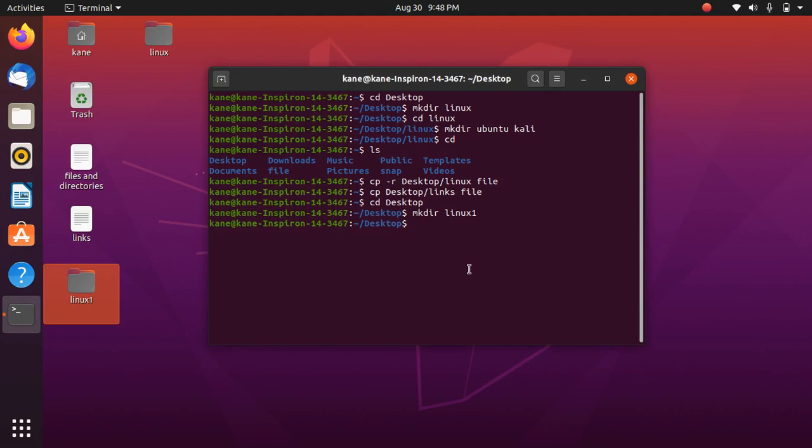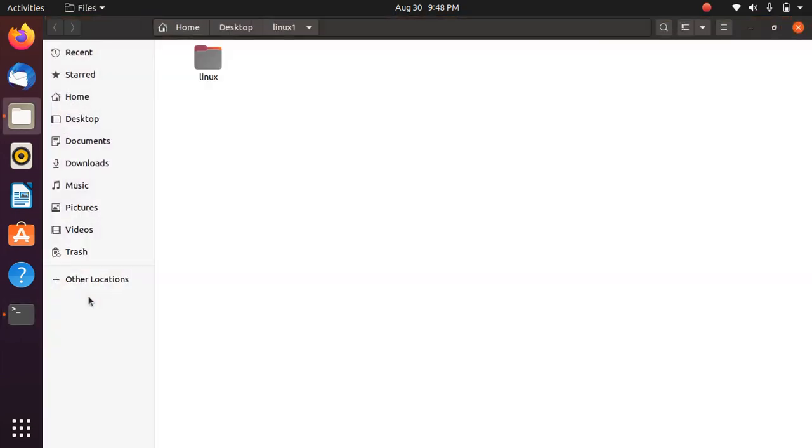So simply type mv space linux, which is the source, space linux1, where you want to move the linux folder. As you can see here, the linux folder is successfully moved inside linux1.